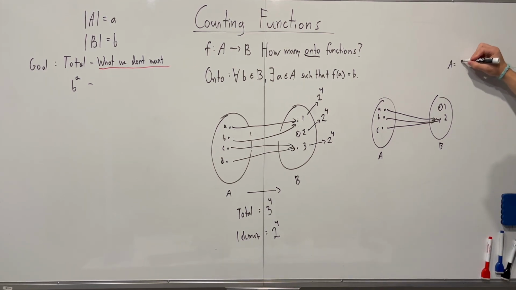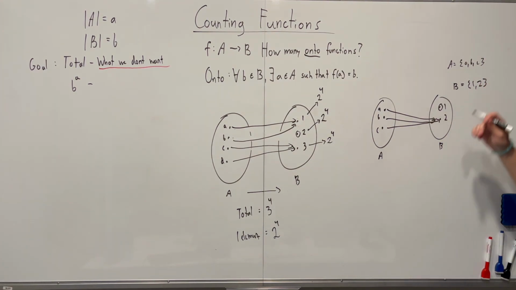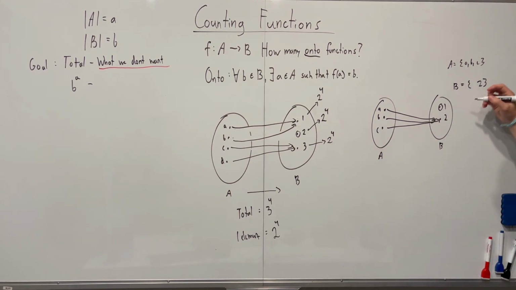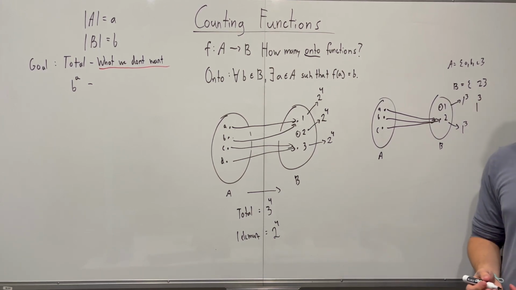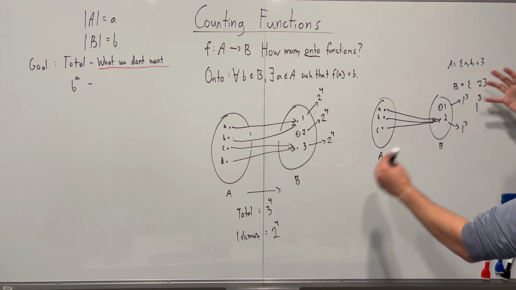Well, you write out your A, B, and C, and you write out your B, which is going to be 1 and 2. And because we're not mapping anything to 1 to make the function not onto, you just pretend like the 1 isn't there. So how many possible functions can you create that don't map to 1? Well, it's going to be 1 to the power of 3, right? Because you only have one element left in your set B, your codomain, and you still have 3 elements left in your domain. And you're going to find the number of functions is going to be the same for both cases here. It's going to be 1 to the power of 3 and 1 to the power of 3,